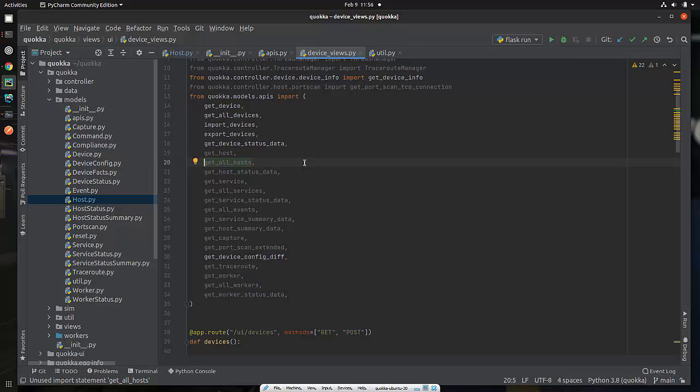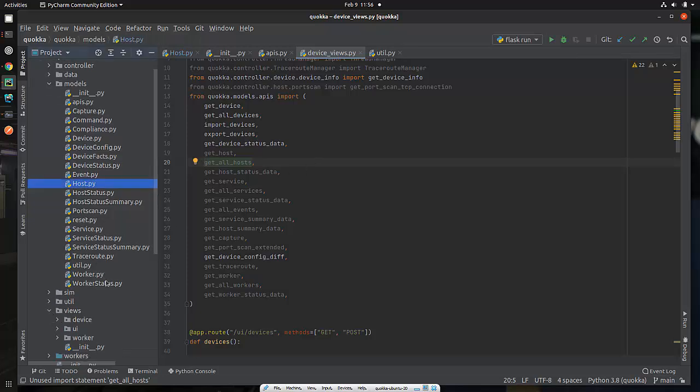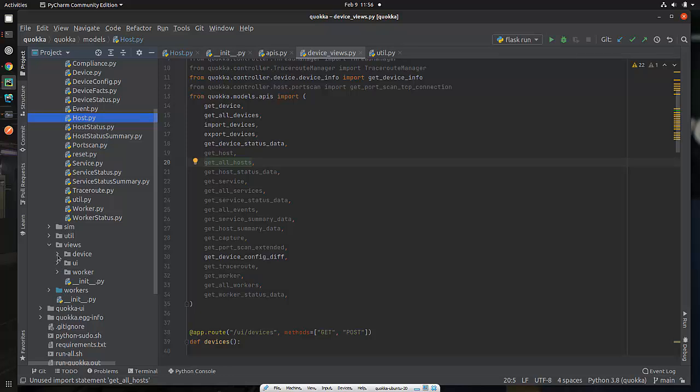Now, remember, I separated my views into different packages here. So I have device views and I have my different UI views. Sorry, this is my UI views. I have host views and device views, etc. I separated those out, and so clearly I did not clean this up appropriately. So watch this. I'm going to do something in PyCharm that makes this really easy. I'm going to do